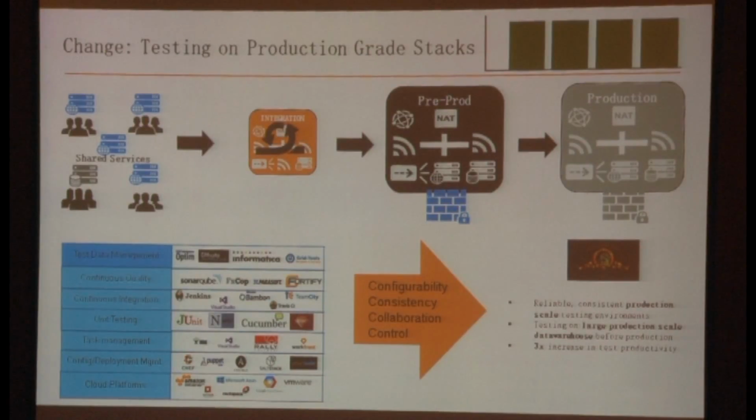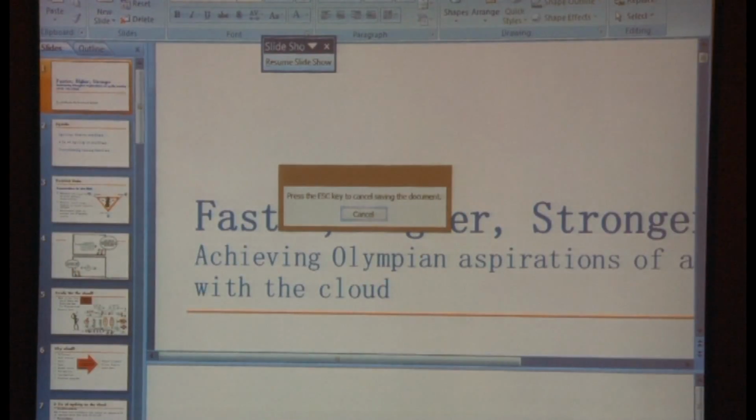One of the key things in here is data. So how do I ensure that I have the right representative set of data in my pre-production or production-like testing environments? All of the tools that we've just talked about are important to get to that complexity of production-like environments. The reason why I'm highlighting test data management here is that